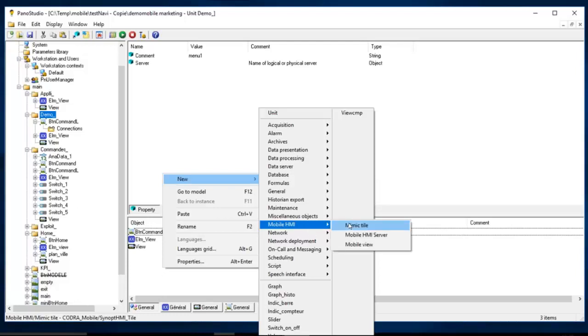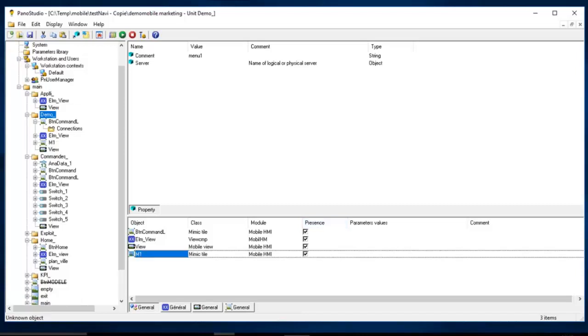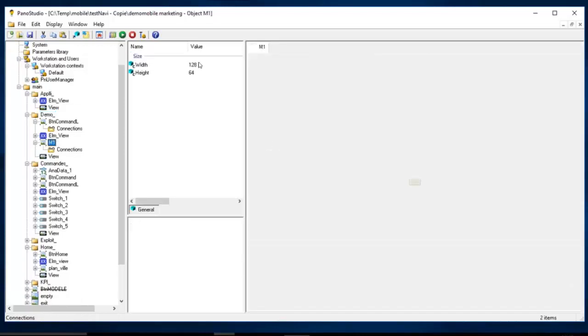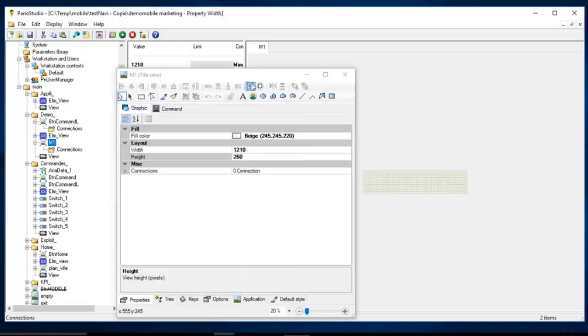So there is a mobile HMI. It's a mimic type. So M1, which I have to set. I said it's a wide screen, so like this.